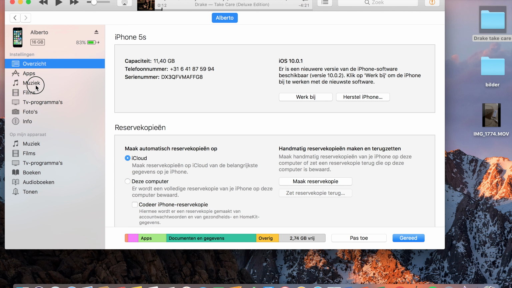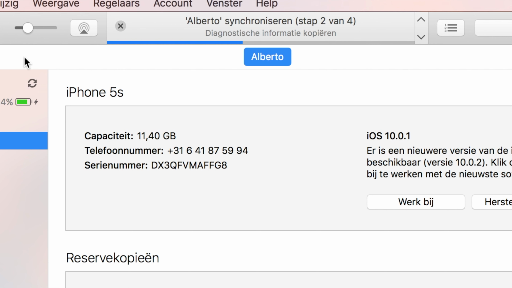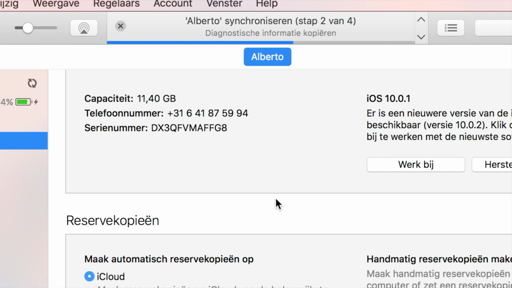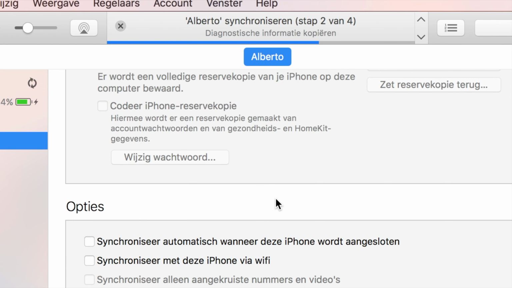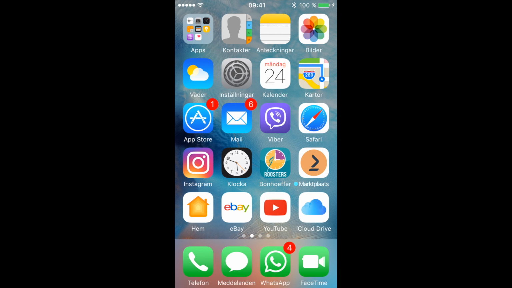The apps, we don't need to sync the apps because that goes through iCloud. But we do want some music. And now we can select it manually. It's not going to drop all of the music directly. No, I just want to transfer 2 albums. It's synchronizing. It's almost done. So we're going to take a look at these apps on my iPhone, because we need them